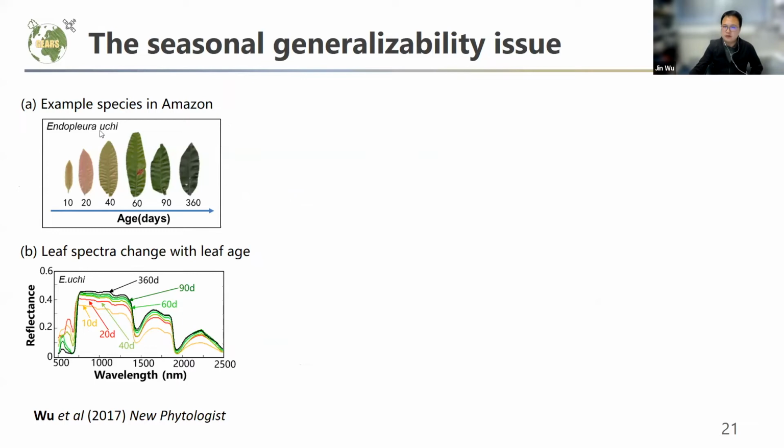Here are some results. First, I would like to give you an example of how leaves age in the Amazon forest. In the Amazon, we surveyed more than 10 species. For each species, we can tag some leaves so we can monitor how they age in nature. For example, even for the same species, we tagged leaves from 10 days old up to 360. At the same time, we continued to collect leaves and bring them to the lab, where we can measure their hyperspectral reflectance. And in our 2016 paper in Science, we found leaf age is really important,